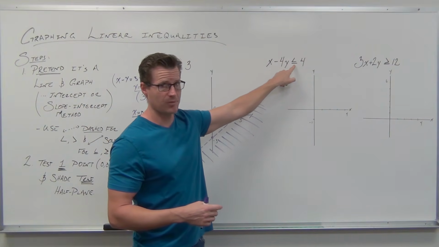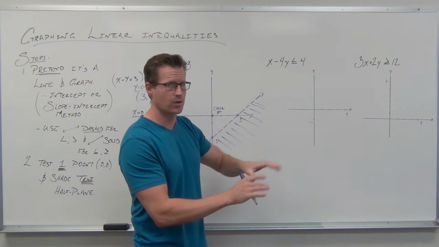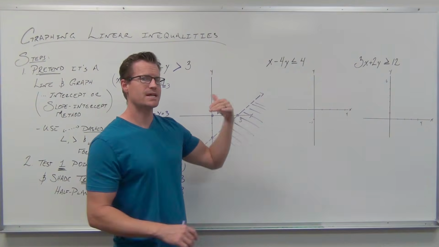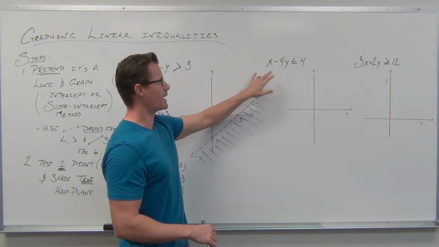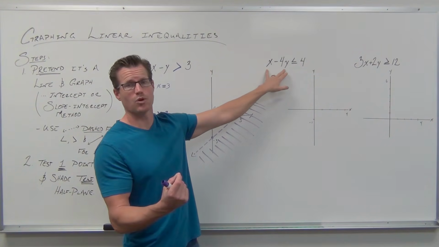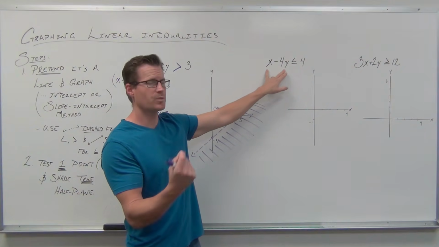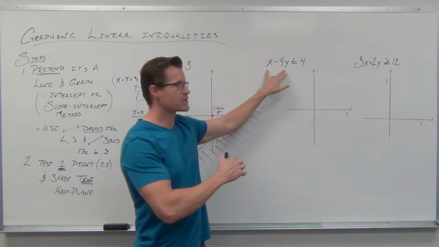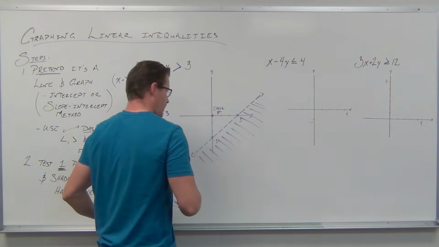So I'm going to have a half plane here, either shaded up or down. I don't know yet. We'll check a point for that in a little bit. Now, I'm going to pretend it's a line. When I pretend it's a line, I look at this and go, what's appropriate? Intercept method or slope-intercept method? Well, your variables are all on one side. Intercept method would work great. So,